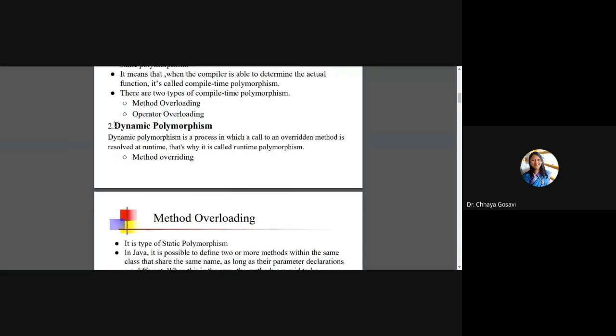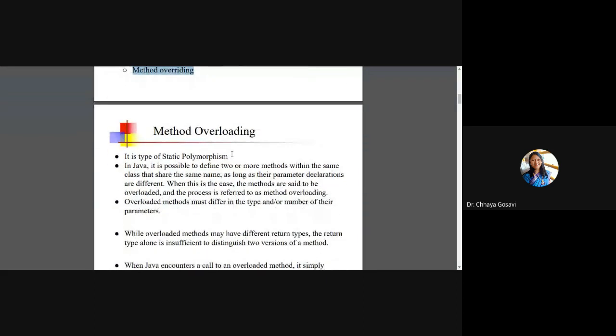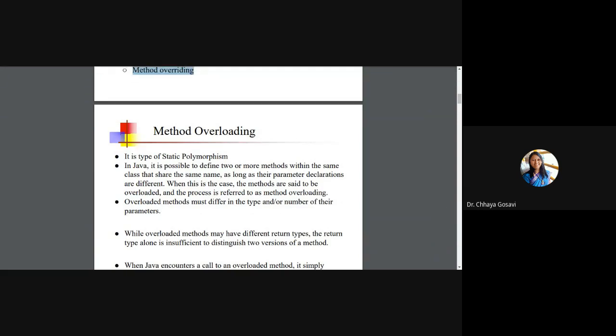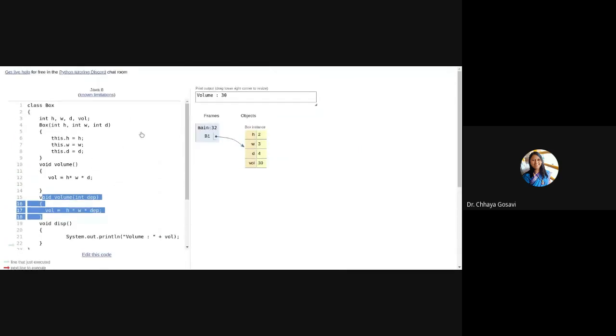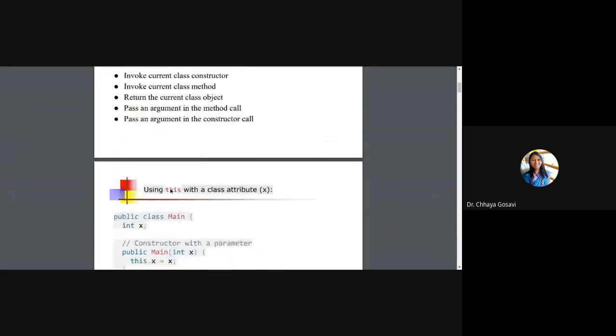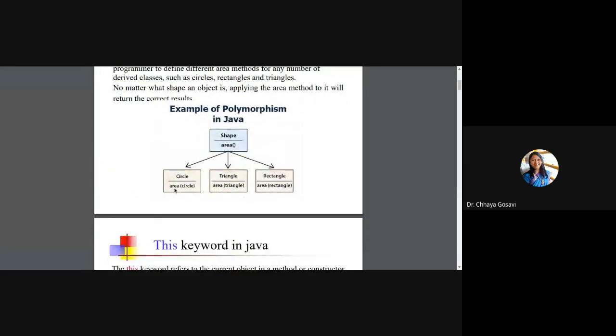The next type of polymorphism is dynamic. Dynamic polymorphism happens at runtime, and this is a call of an overridden method, which is resolved at runtime. So if I have a super class and child classes, we have seen the shape class and circle class, rectangle class, etc. In this case, if you call the area method with a particular object, how will the compiler understand which area method to call, the area of the circle class, triangle class, or rectangle class?